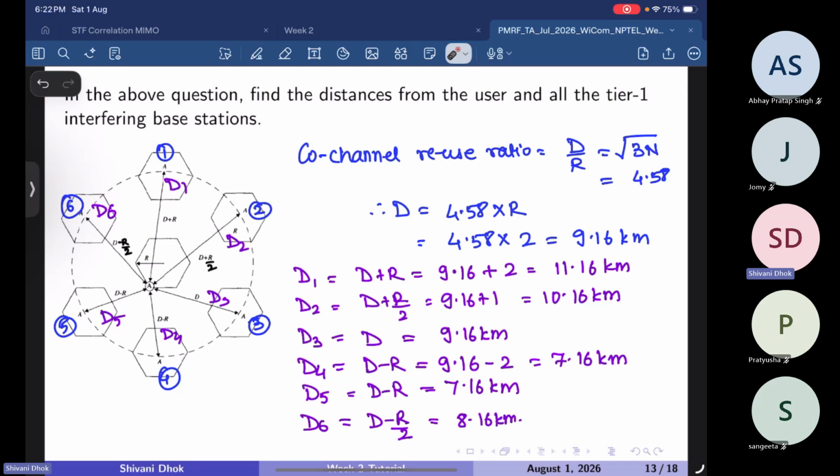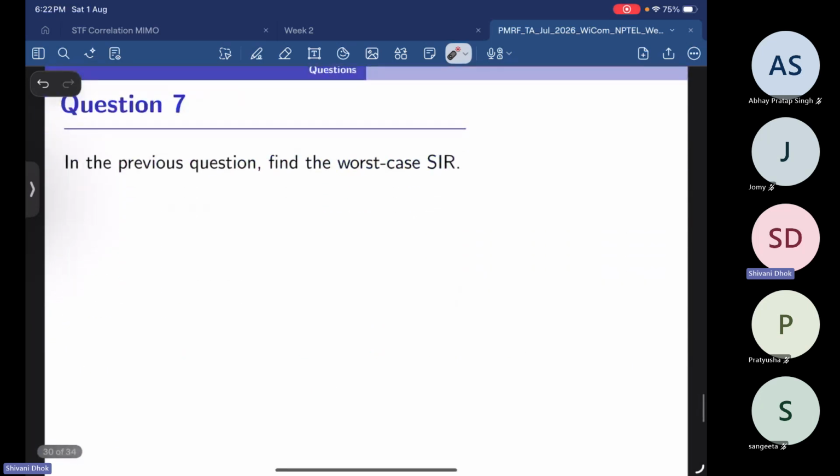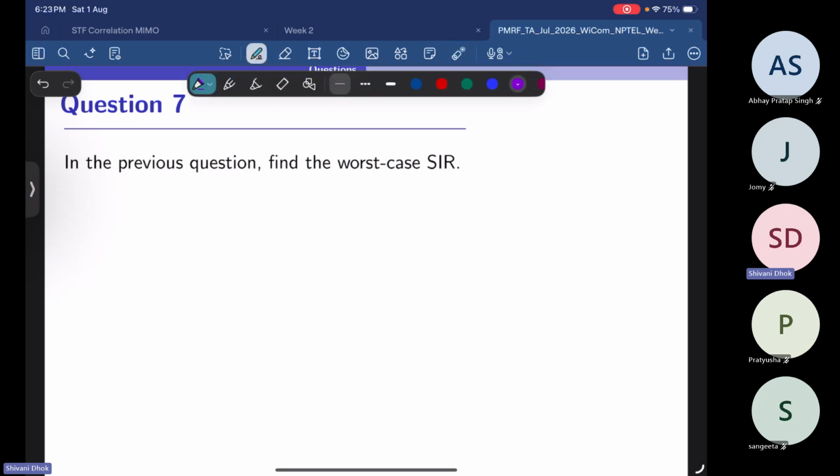Okay, if there are no questions, then let me move on to the next question. It says that in the previous question, find the worst case SIR, signal to interference ratio. So SIR, sorry, which is your signal to interference ratio,